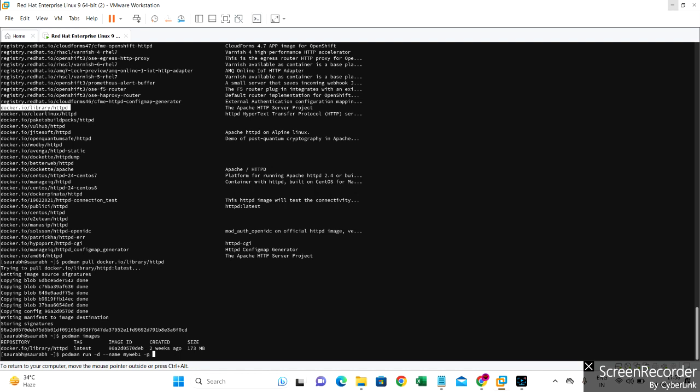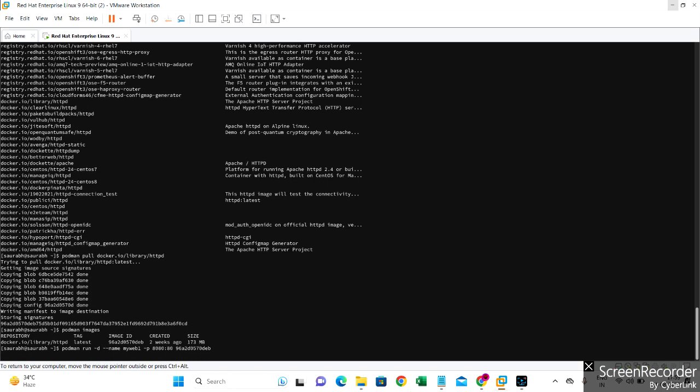And here specify the port. I want to map it to port 8080, so that I do not have any issue with SELinux. I already disabled SELinux, so it will not create any issue. So here just specify your image ID. The name will be my web one, and yes,